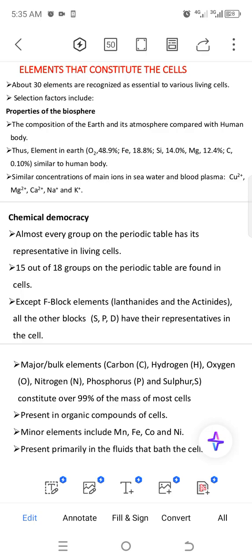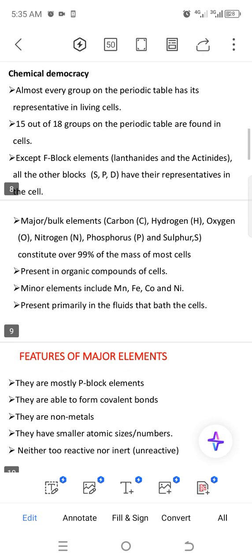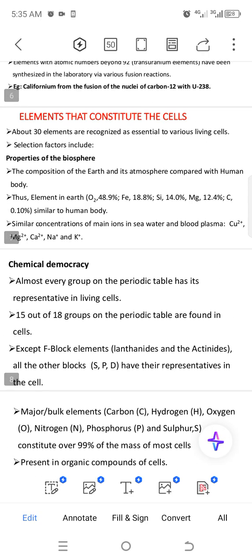So these 30 elements were selected based on some factors. So the first one is the properties of the biosphere. That's the composition of the earth and its atmosphere compared with the human body. So when you talk about the biosphere, just keep it in mind that it is the relationship between the earth and its atmosphere with the human body. You get it? So the properties of the biosphere was also a factor that was considered in choosing those 30 elements